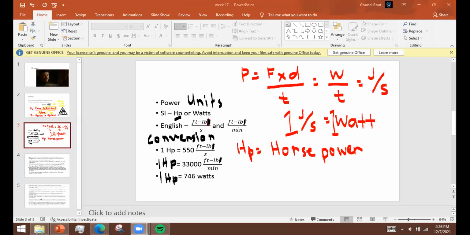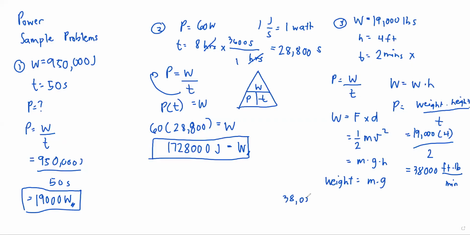So, 38,000 foot-pound per minute multiplied by 1 horsepower over 33,000 foot-pound per minute. Always, kung ano cancel out mong unit, yun yung nasa denominator. Which is equal to 38,000 divided by 33,000